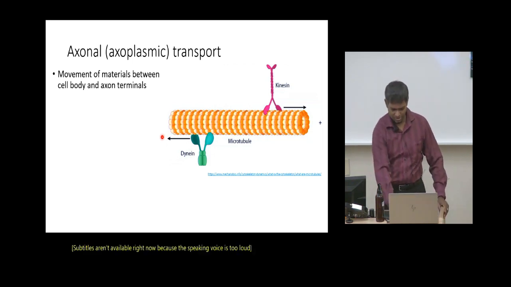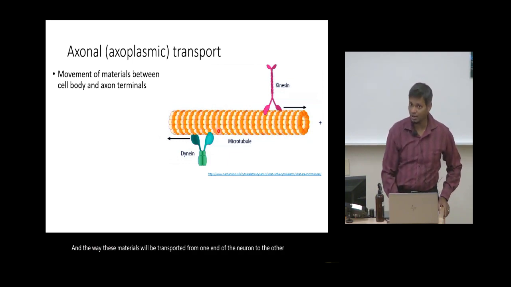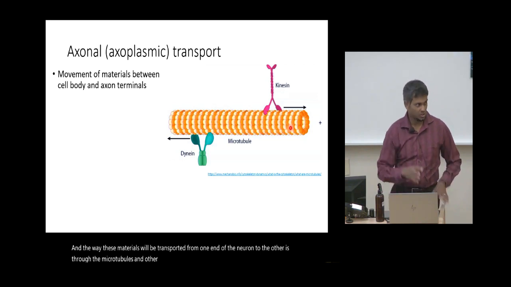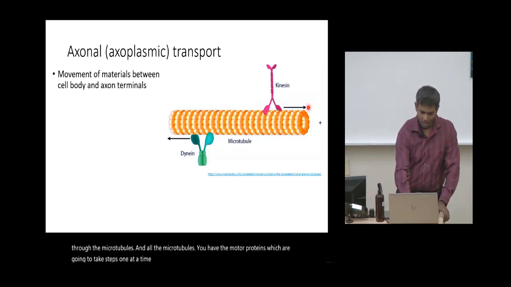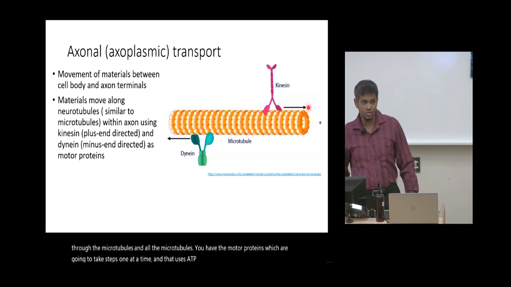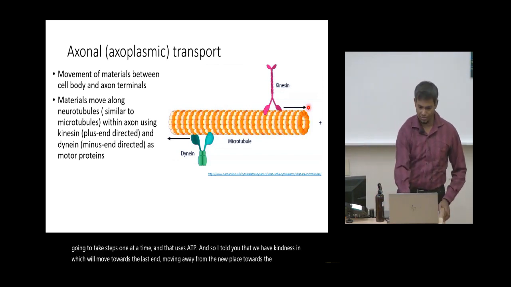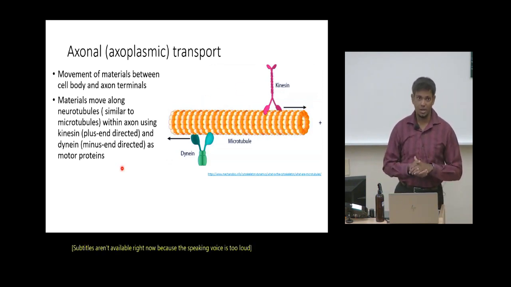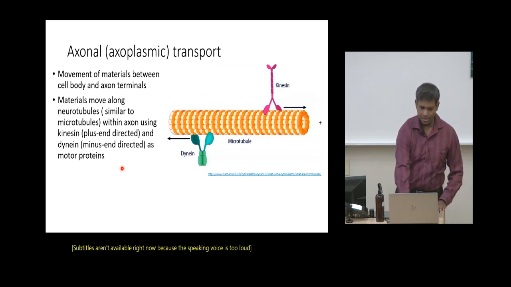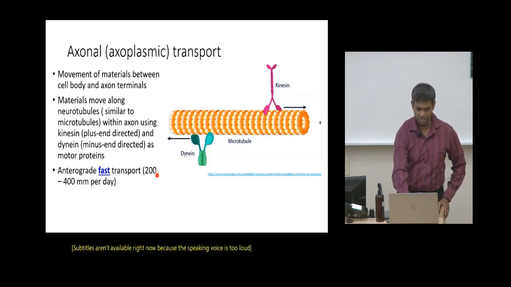And the way these materials will be transported from one end of the neuron to the other is through the microtubules, and on the microtubules you have the motor proteins which are going to take steps one at a time, and that uses ATP. So I told you that we have kinesin which will move towards the plus end, which means moving away from the nucleus towards the cell membrane, and then you have dynein which is minus end directed, that helps to move vesicles filled with proteins in the opposite direction. And the movement towards the plus end is called anterograde transport, and the movement towards the minus end is